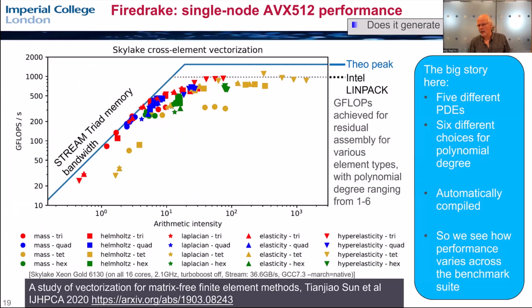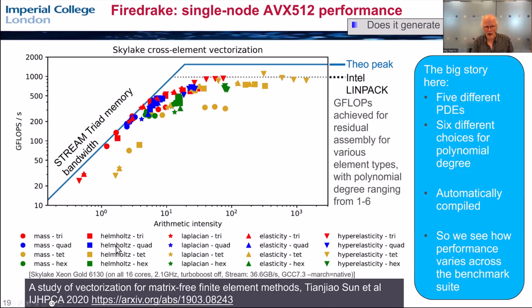So you might ask, this API is 100% Python. It's very high level. Is this just a prototyping tool and you have to go and implement this in some low-level language? I would argue not. So this slide, for more details, you might go look at our paper. It's about the performance of vectorization. So this is all on an AVX 512 machine.